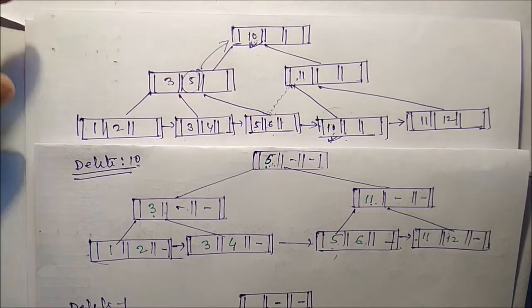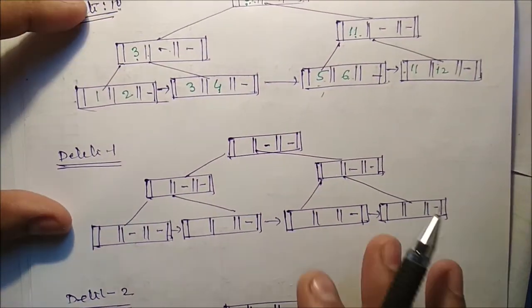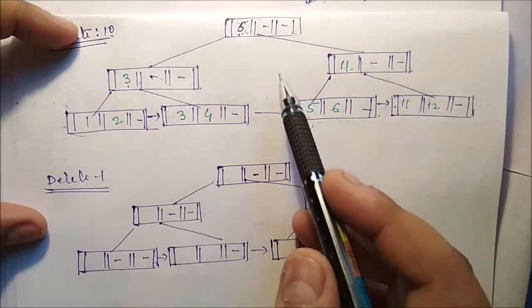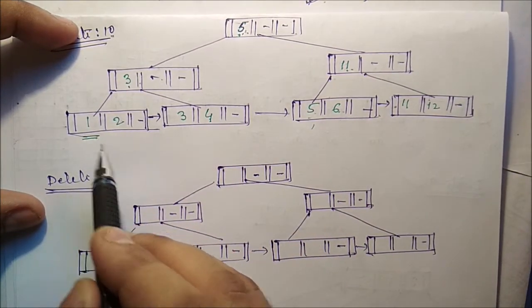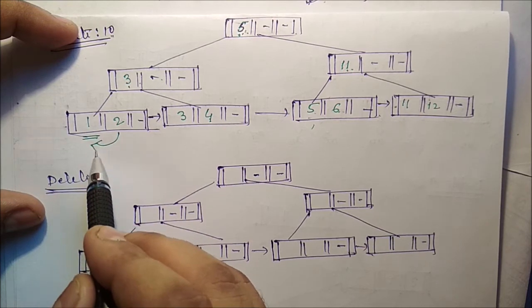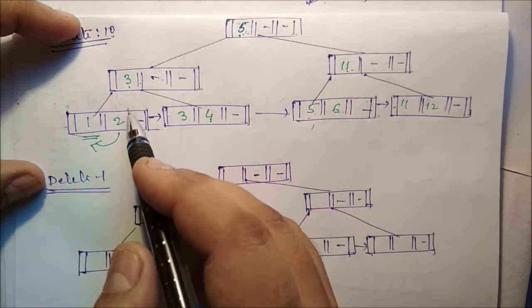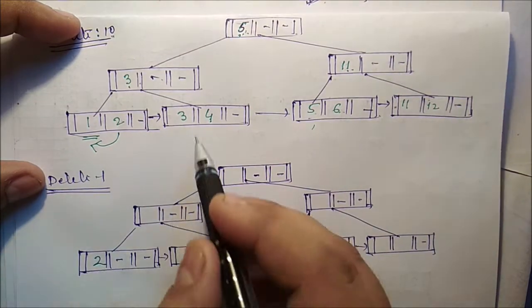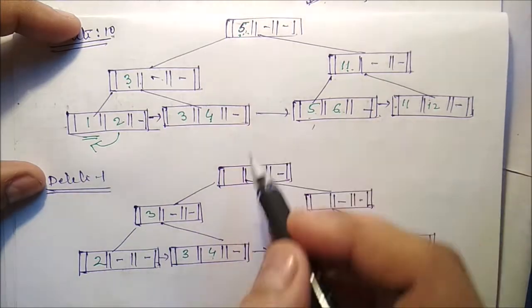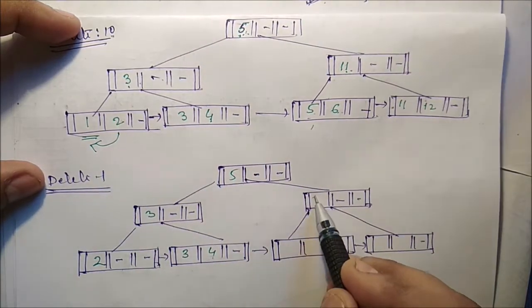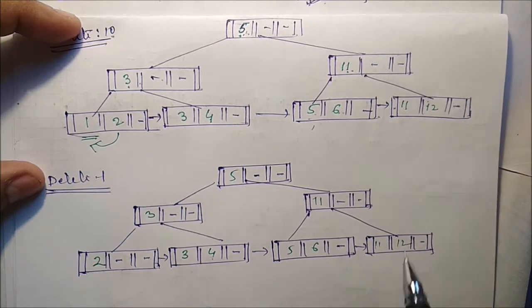Now we can see delete 1. Suppose we want to delete 1 here, that means what? Nothing we have to do. If you delete 1, you just shift this particular key to the left side. Are you getting this one? So it should be 2, the rest are 7, same 3 and 4, here it is 3, here should be 5, here it is 11, here it is 5, 6, and it is 11, 12.